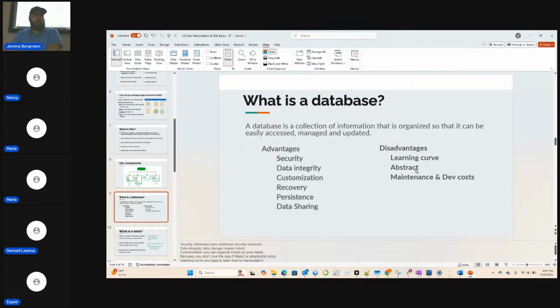It can be abstract if you're bringing a lot of different tables together in a system. We'll see this later on in the class. There can be a lot of maintenance and development costs to maintain a relational database system. So even in a data warehouse environment or for analytics, it's never really done. You're always getting new data or new transactions or seeing new values that a system generates, and you're always doing some type of maintenance or optimization to it. That's why they have full-time IT staff to do these things. It's a full-time job.